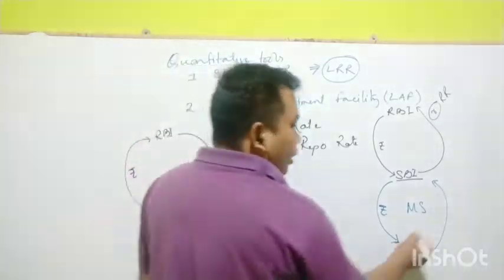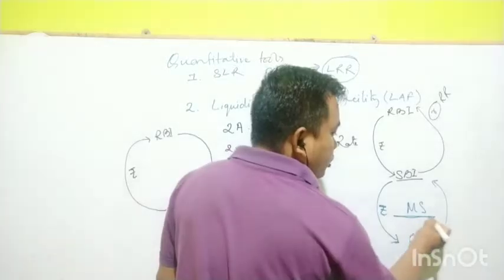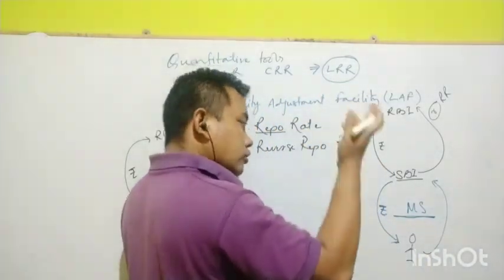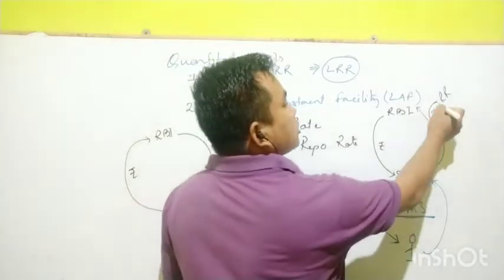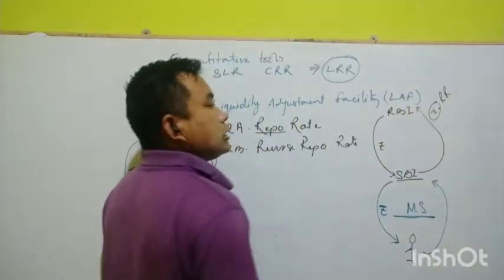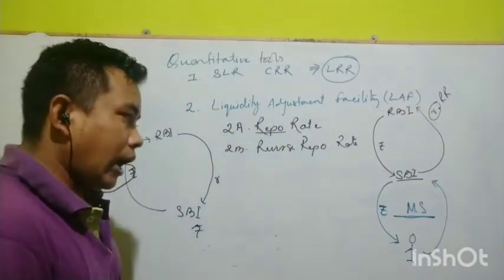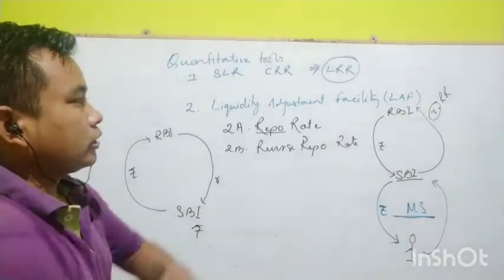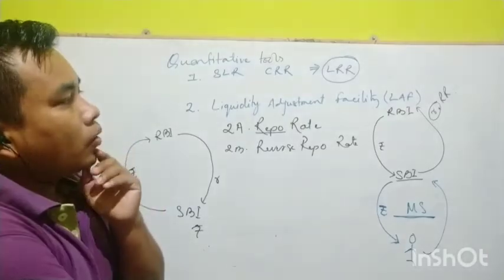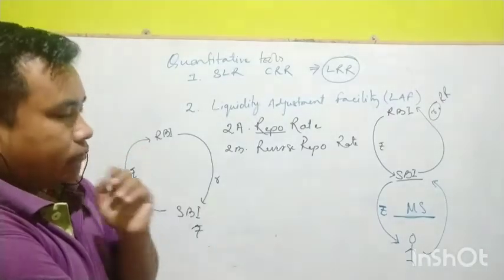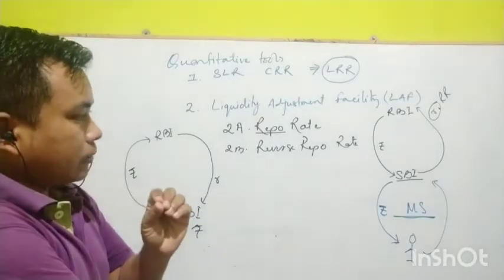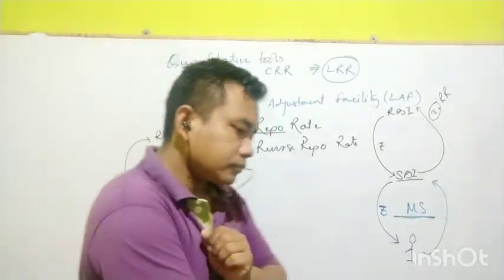Actually, the amount of money in circulation can be either increased or decreased using the repo rate. The repo rate is increased or decreased. Now let's be practical: how will the repo rate affect money supply? In other words, how can the repo rate be used to increase or decrease the money supply?